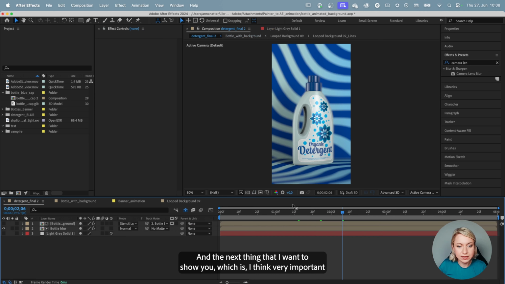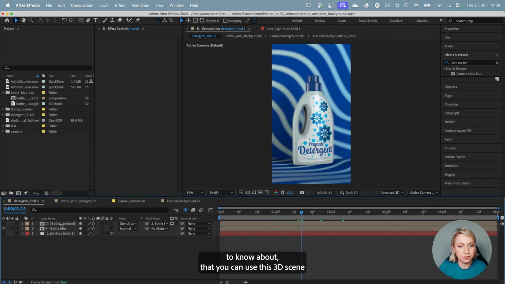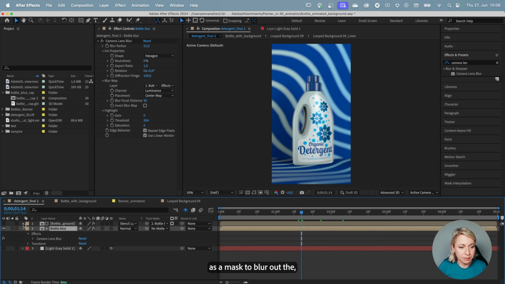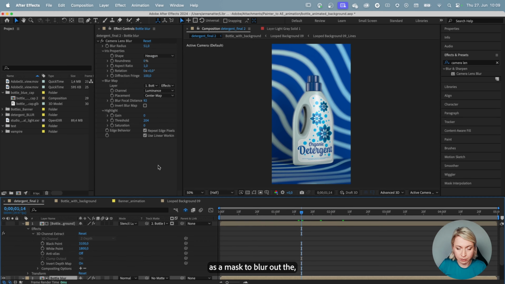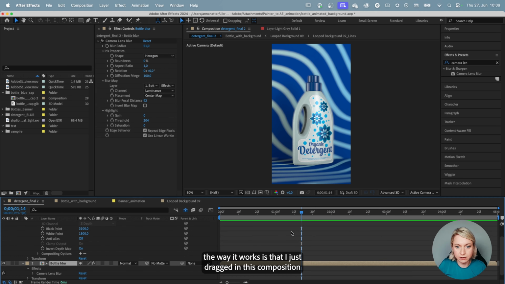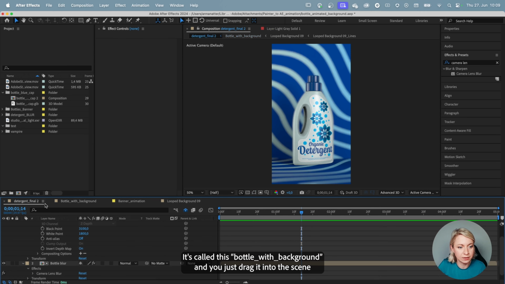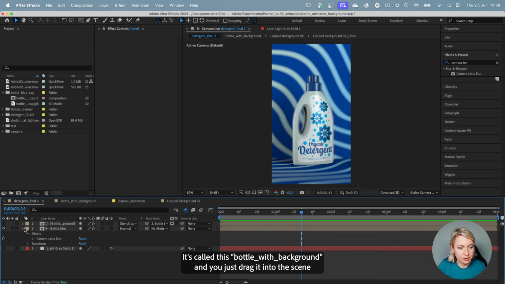And the next thing that I want to show you, which I think is very important to know about, is that you can use this 3D scene as a mask to blur out, so basically you can use the camera blur in your scene. The way it works is that I just dragged in this composition, which you can see doesn't have any blur in it. It's called this bottle with background, and you just drag it into the scene.